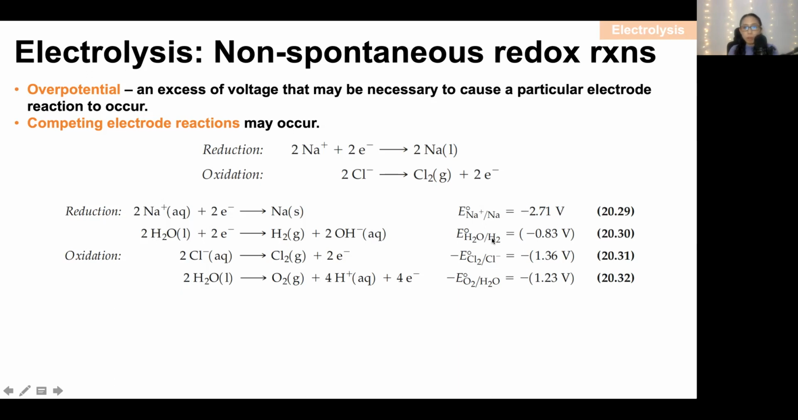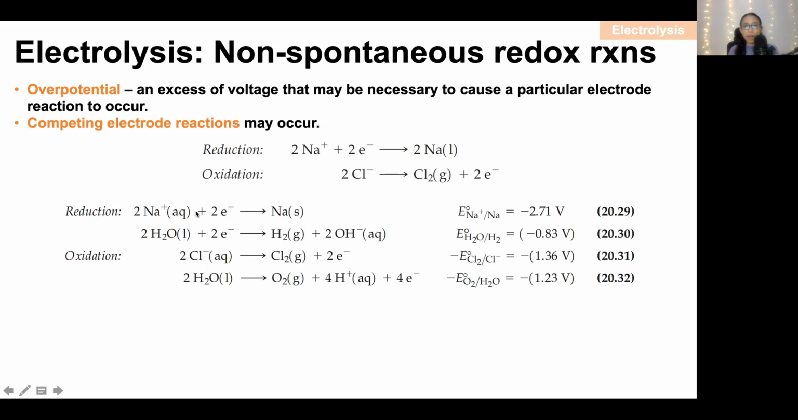For the reduction of water, we have negative 0.83 volts. Now, since the reduction of sodium ions requires a higher voltage, kasi kailangan mo ng at least 2.79 volts just for this reduction reaction to take place, then if you connect it to any battery, most likely, yung reduction ni water ang mangyayari. Unless you connect it to a battery that, let's say, 9-volt battery, then pwedeng mangyari yung reduction